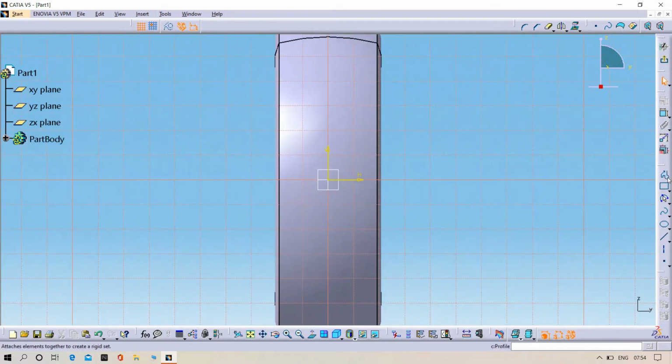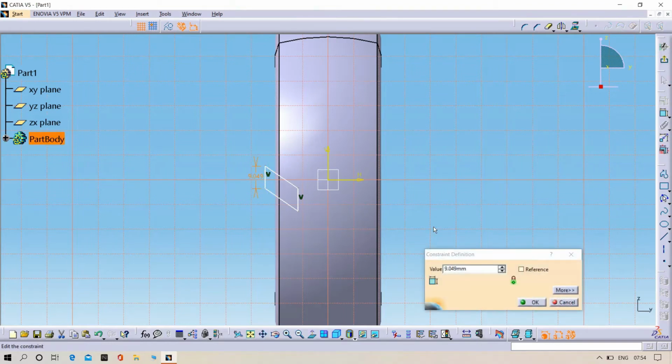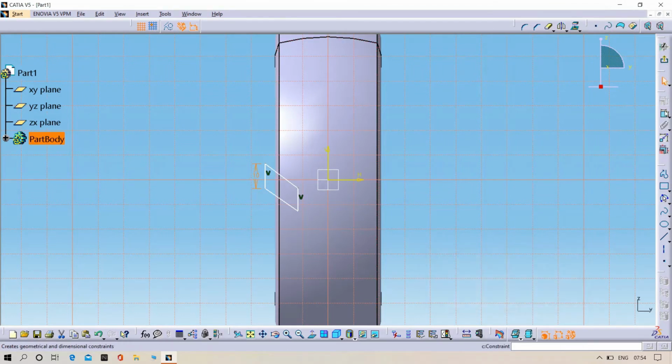Then try to draw one curve and give the dimensions as you are seeing now.